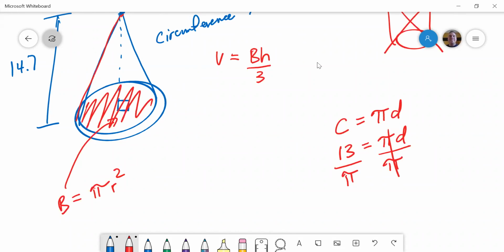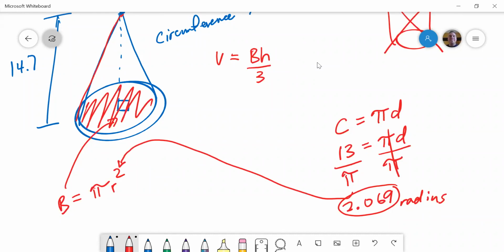And there you go. Look, I get a radius of, I'm just going to go 4 decimal places, 2.069. I'm just going to call that the radius. If you round it to 3 or 4 decimal places, that's extremely, extremely accurate. And you can do that, even though we're not at the final answer, right? So now I'm going to take the radius and plug it in here so I can figure out what